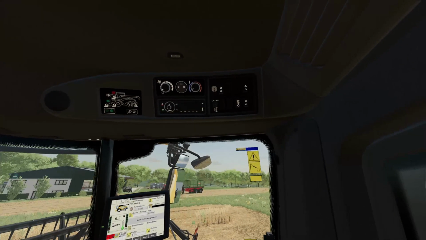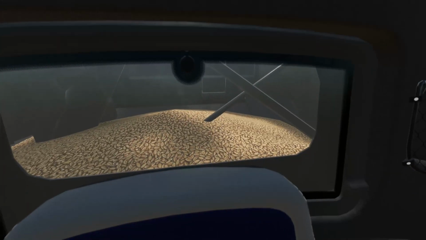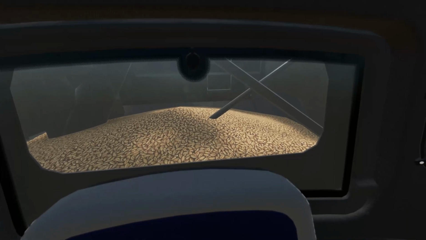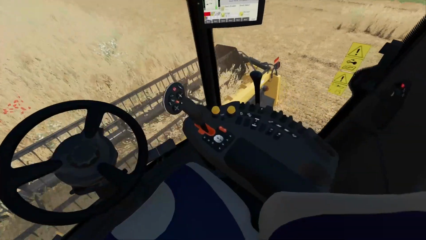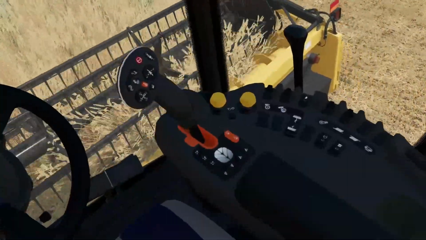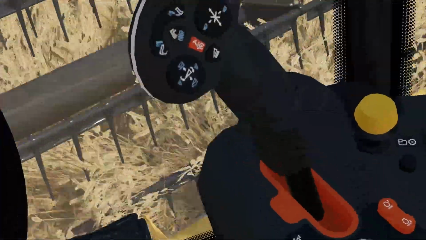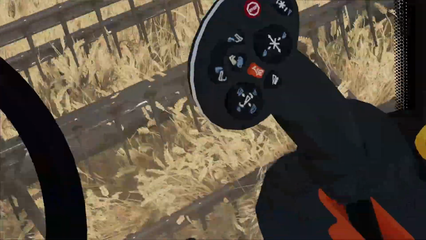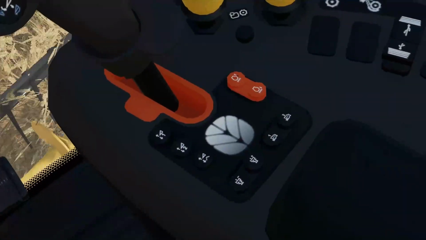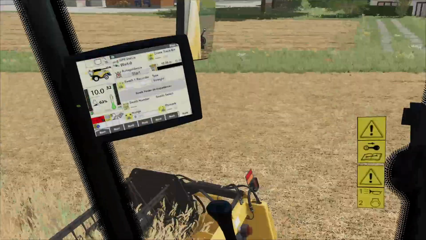Ooh, all the different cab controls. The new texture for wheat is sweet. We got different controls. Look at that hydrostatic arm. That's sweet. The level of detail they went into this game